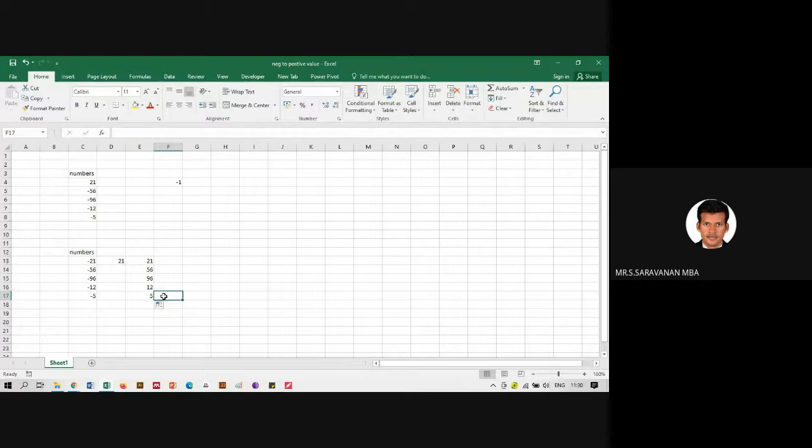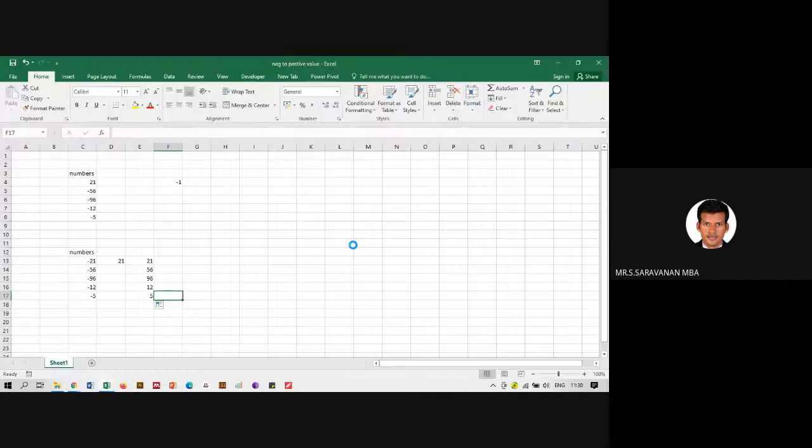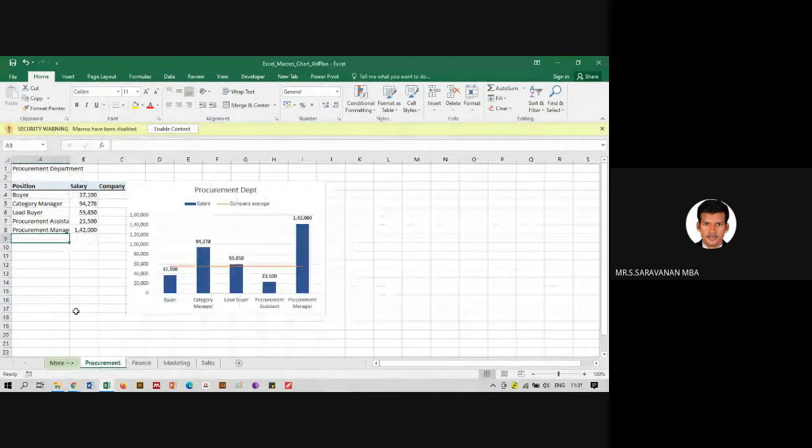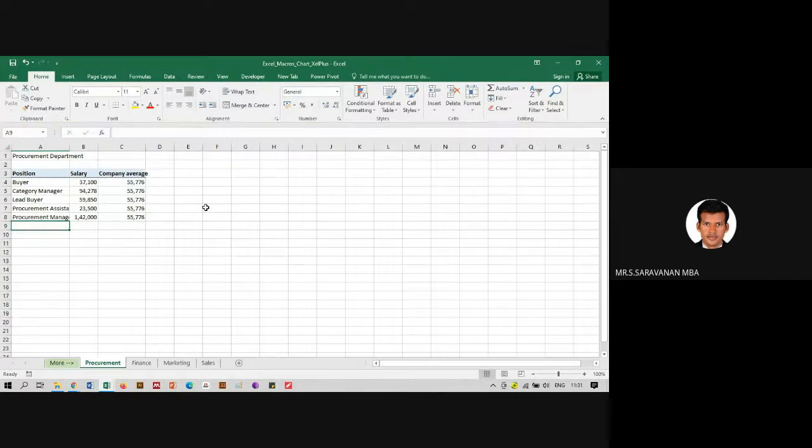Okay, the next major topic we are going to see is macros and dashboard creation. First, I will show you what a macro is and how to create a macro.